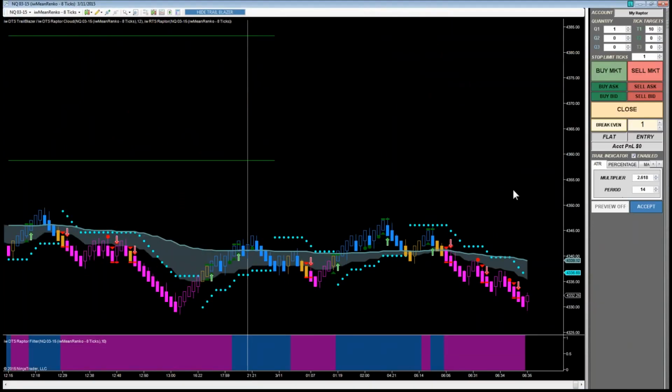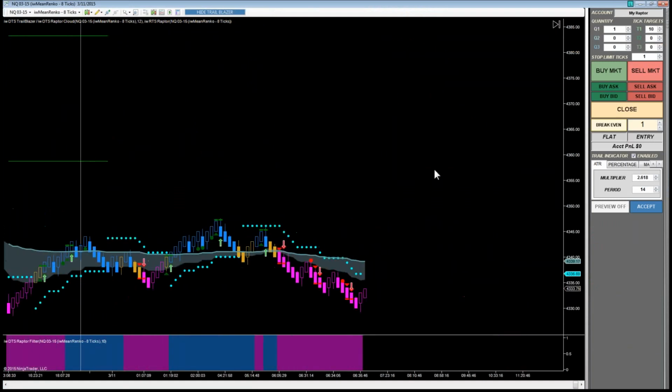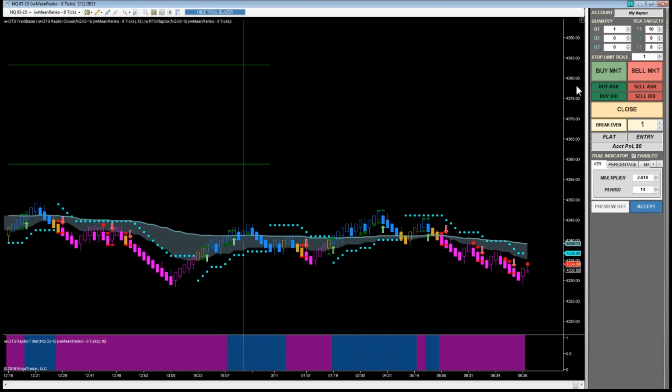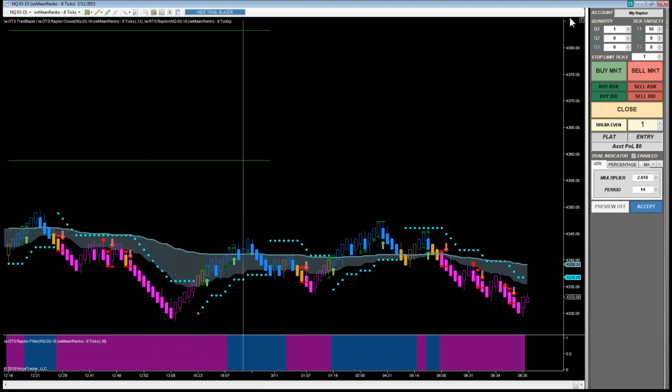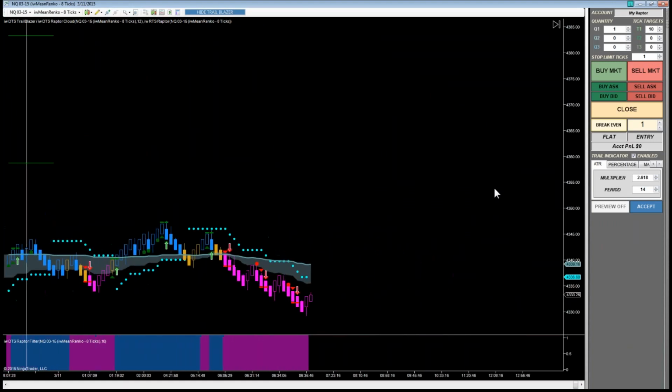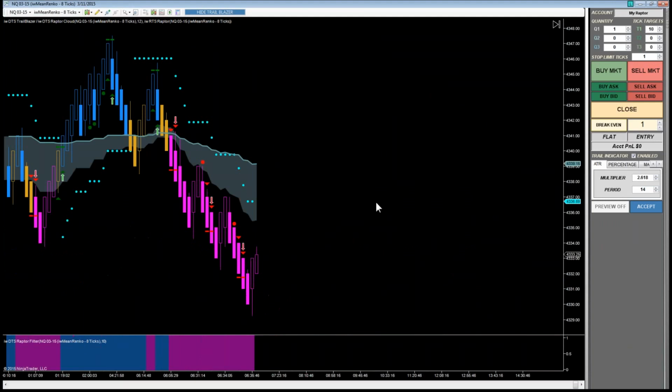Here on the Raptor, we had a very similar setup. Sorry, I'm just trying to roll this over so that the chart expands for you a little bit. Oh, I know what I can do. Hold on. Oh no, I can only make it smaller. That's one thing about Ninja. They only give you the ability to compress the chart, not expand it. I don't know why they do that. But at any rate,